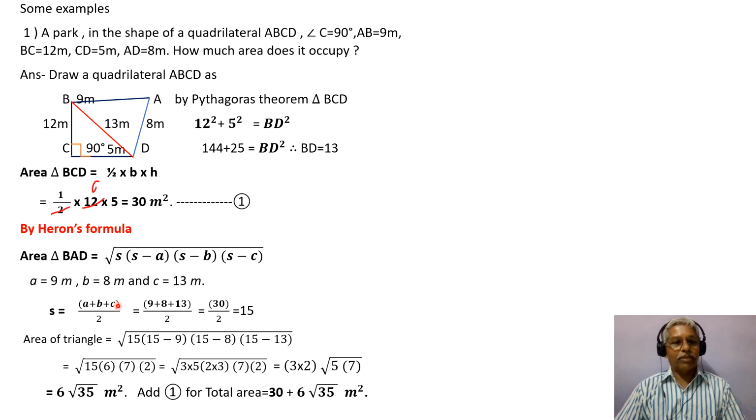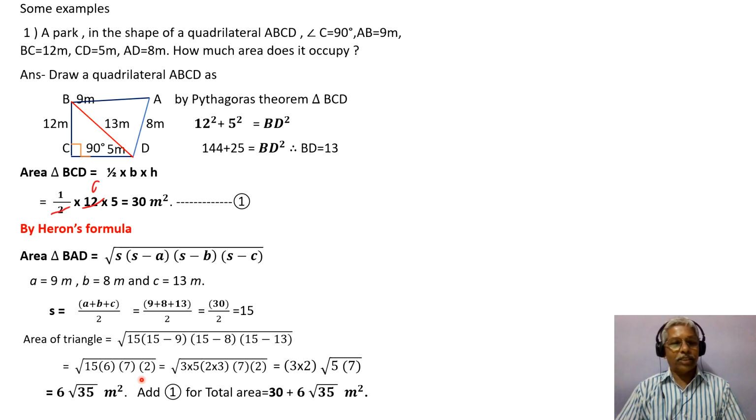S equal to A plus B plus C upon 2, that is 9 plus 8 plus 13 upon 2, or that is 30 upon 2, or 15. S is 15. So substitute, area of triangle equals root of 15 into 15 minus 9 into 15 minus 8 into 15 minus 13. Okay, so that equals root of 15 into 6 into 7 into 2,